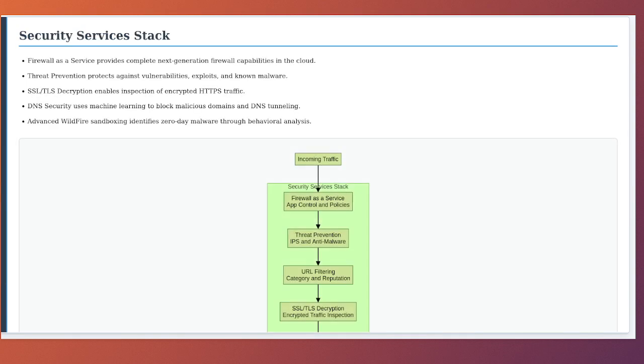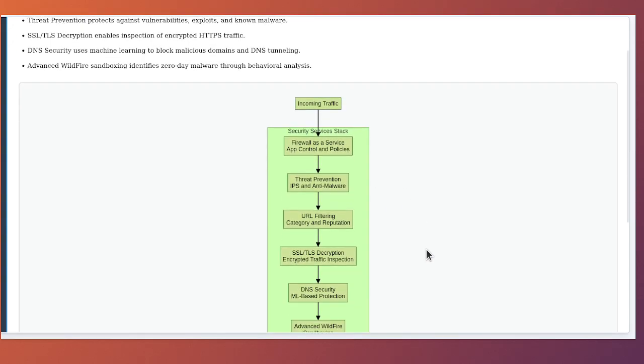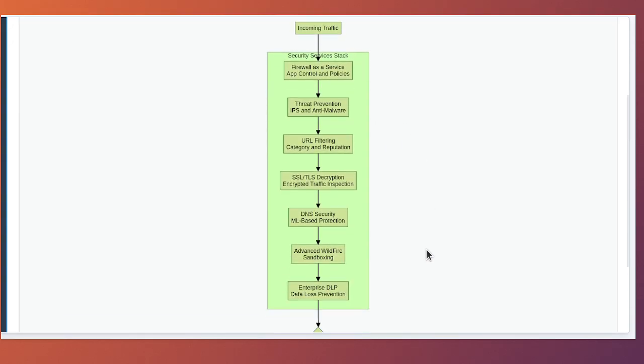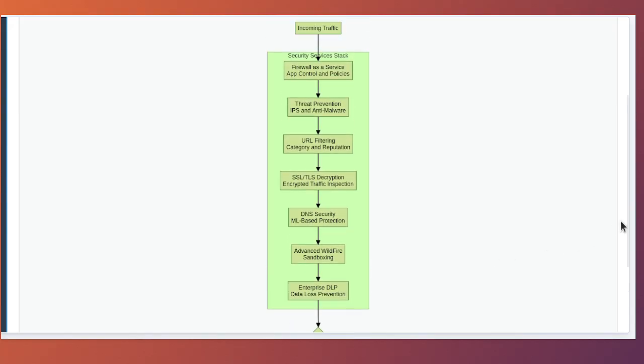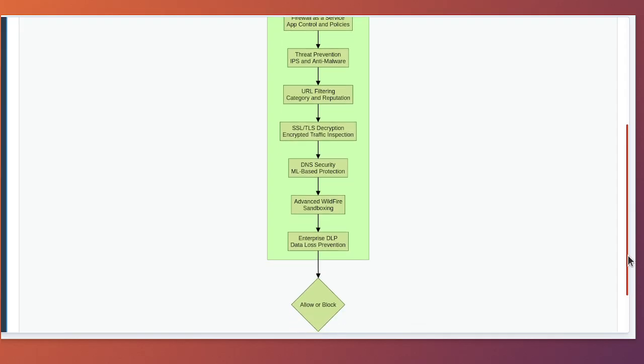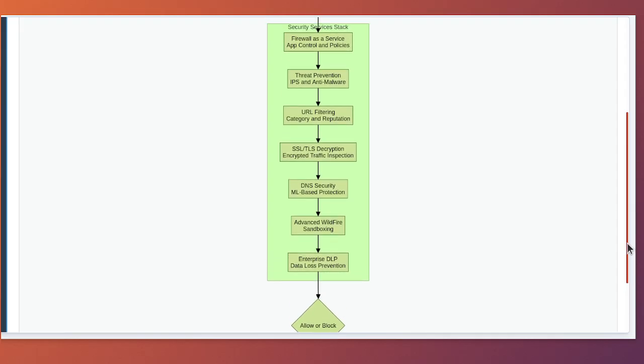Security Services Stack. Prisma Access delivers a comprehensive security services stack that provides consistent protection regardless of where your users are located or what resources they are accessing. Let me walk through each layer of security capabilities. The diagram shows the layered security architecture. At the foundation, you have Firewall as a Service capabilities providing next-generation firewall functionality including application control, user-based policies, and